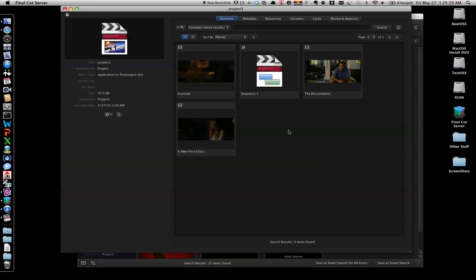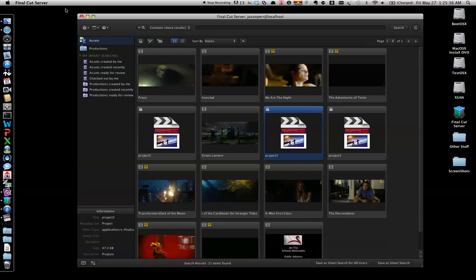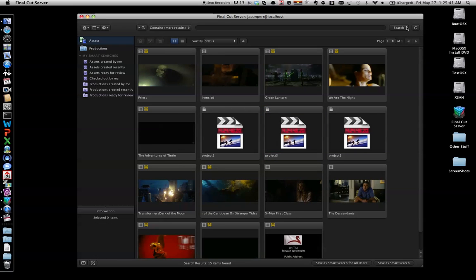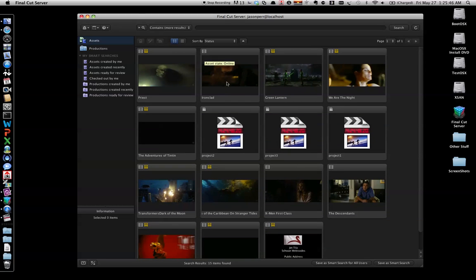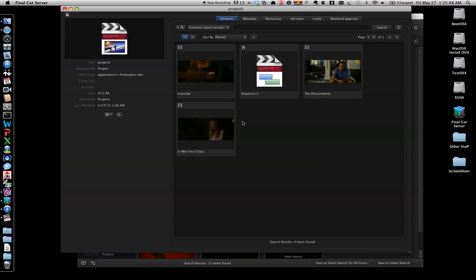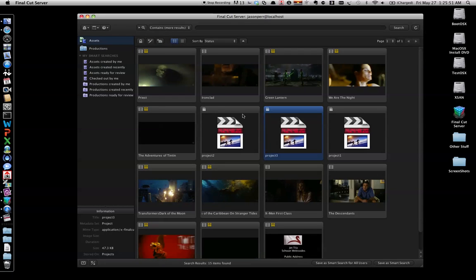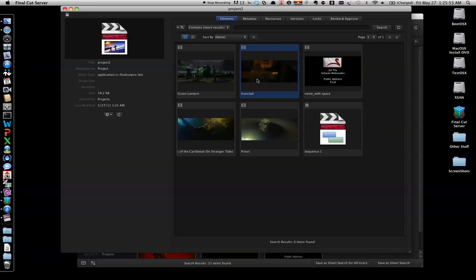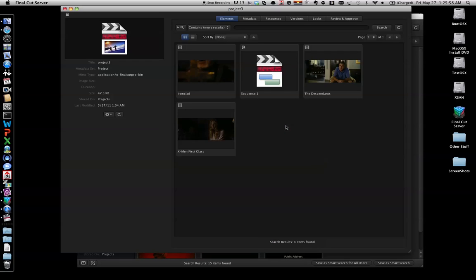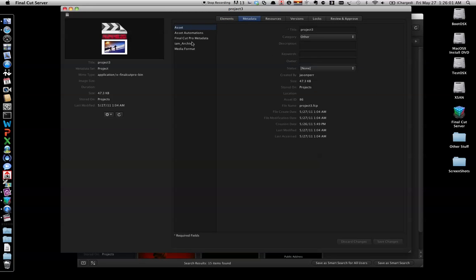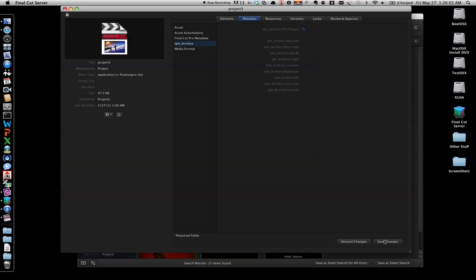Let's take a look at Project 3. So we know this one was in Project 2. I think Descendants and X-Men First Class are going to be the only 2 that should be left here in a moment. Alright, so Descendants, X-Men First Class, and Ironclad, all of the ones in Project 3 are still not taken care of. Also notice that in Project 2 we had Ironclad, and that did not get archived because it's in Project 3. Now if I go to Project 3 and come in here, go to IM Archive, archive this project,